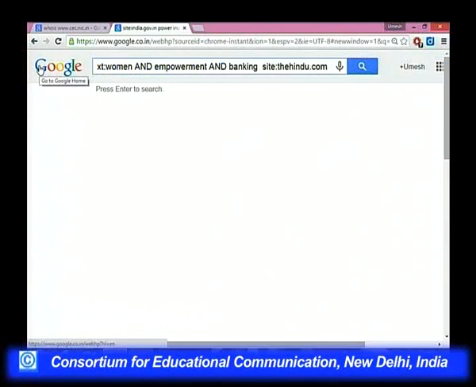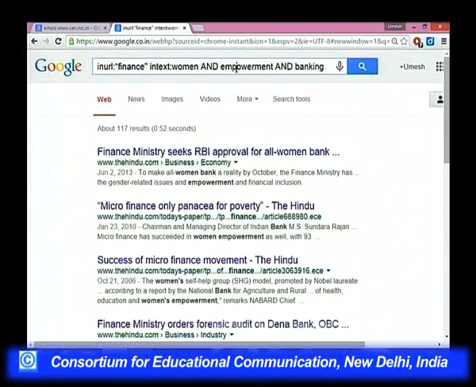If I copy this and place it in the search bar, then it tells me that there are around 117 results in the newspaper's online website, that is hindu.com. If you want to conduct the experiment of getting this information manually, then it is virtually impossible.